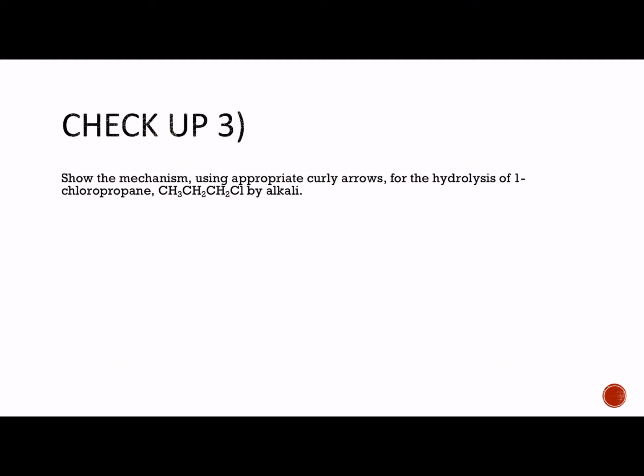All right, so now let's see if we can trace through the mechanism ourselves and see if we can get the points. Remember, it says show the mechanism using appropriate curly arrows for the hydrolysis of 1-chloropropane by alkali. Now, alkali does mean OH minus when they say alkali. You do not have to write the spectator. So I'm going to go ahead and write it displayed. However, you don't have to. You could just write it in